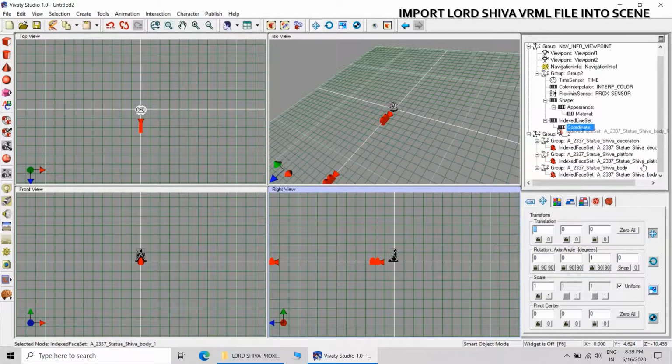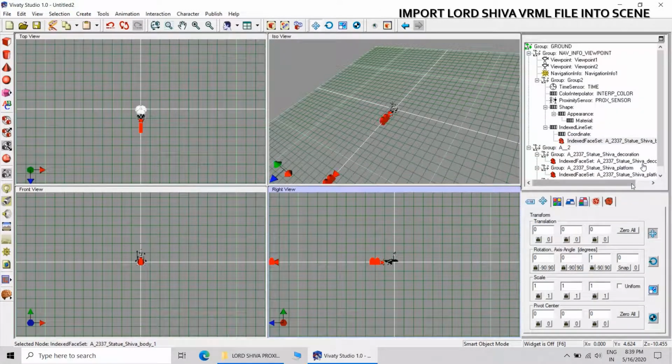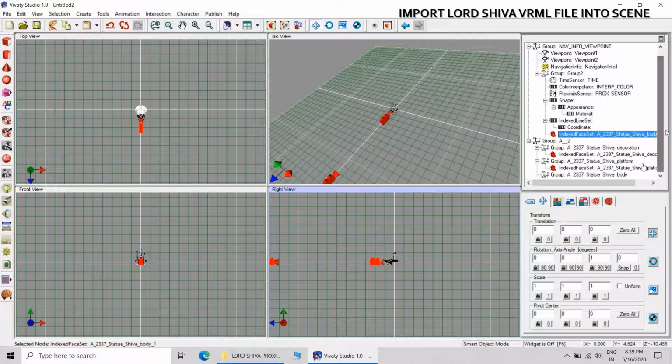That is of our interest because we will be giving the different color shades to the body of Lord Shiva. So the platform and the decorative layer are not important.